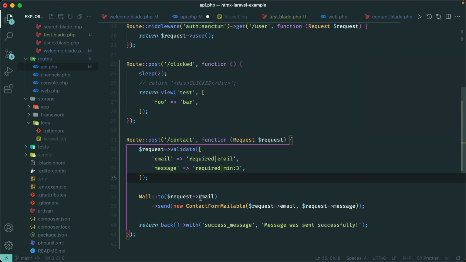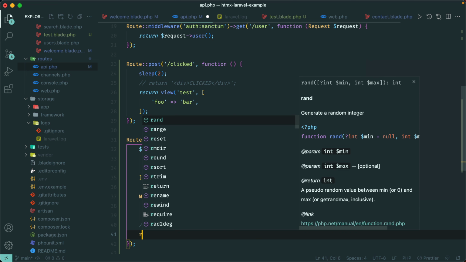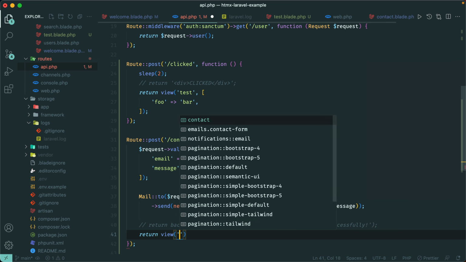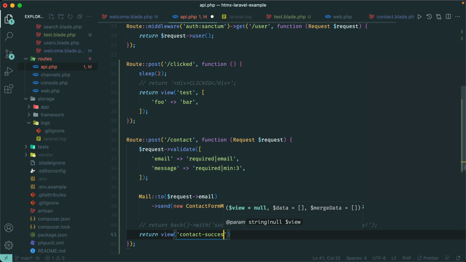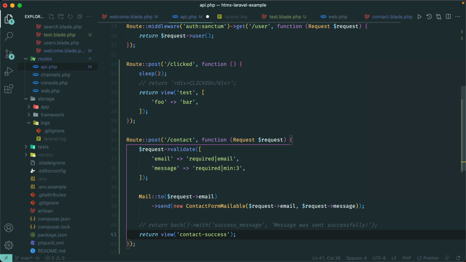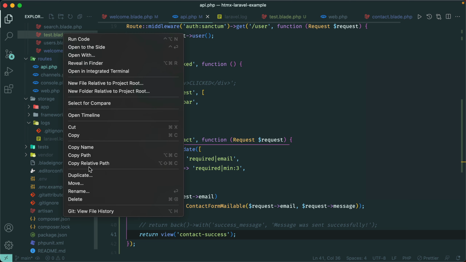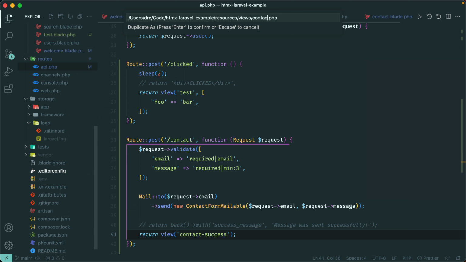So assuming validation passes, the only thing we have to change is this line right here. So instead of redirecting back, we need to return a view with the success message. How about we do that? So say return view, let's say contact success. Okay. And let's go ahead and create that. Let me just duplicate this one we had earlier for test. Duplicate contact success